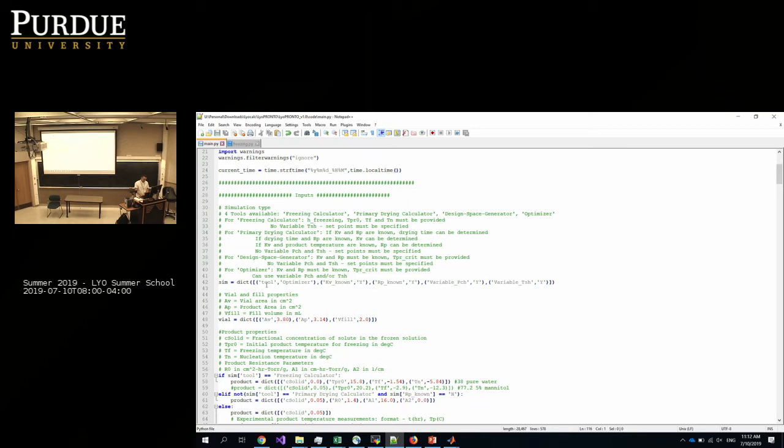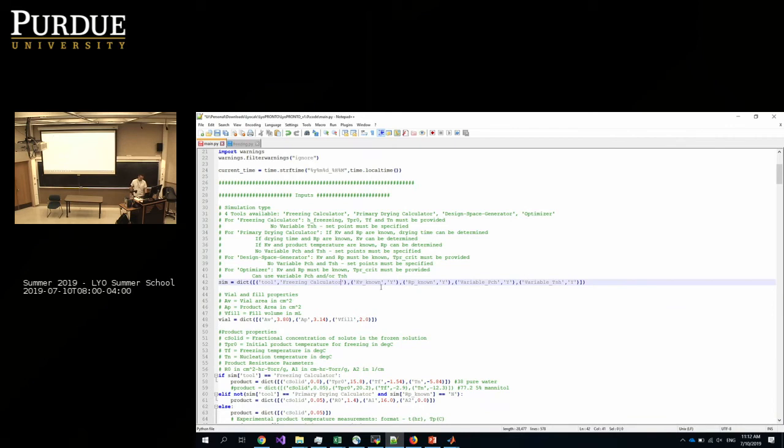Here, all the green stuff is a comment, and this is the line where we need to input the parameters. We just copy this name from here and change it here. So our tool is freezing calculator.